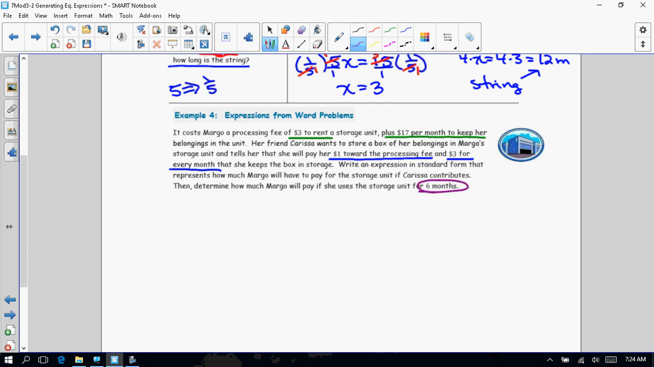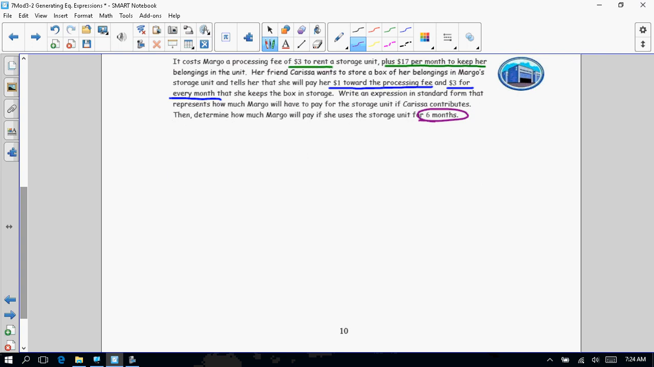Okay, so step 1, first thing we're going to do, we're going to figure out what we got. What's my game plan? In order to find this, I'm going to take what Margot is going to pay, and I'm going to subtract how much Carissa has to pay. If Margot's all on her own, how much is it? And then I'm going to get some variables in here. I'll give you a hint,